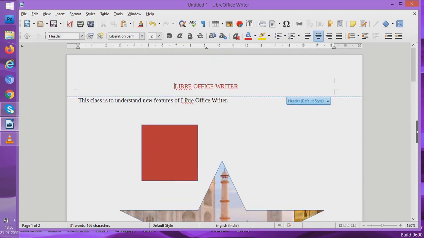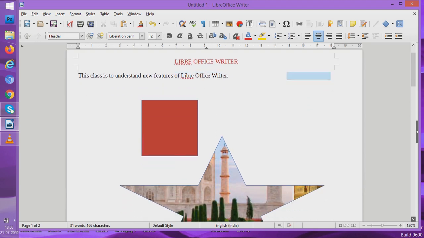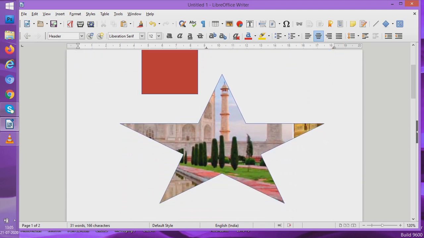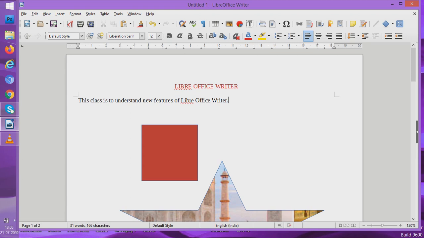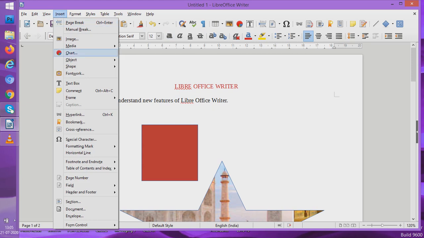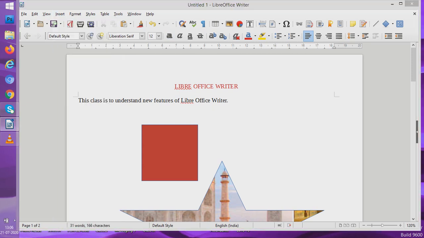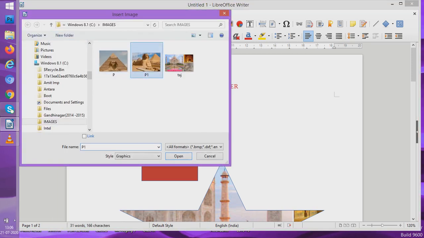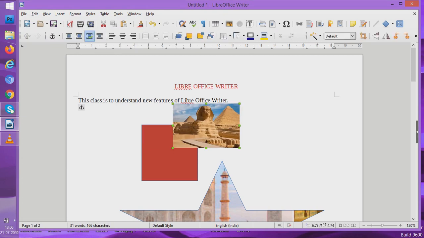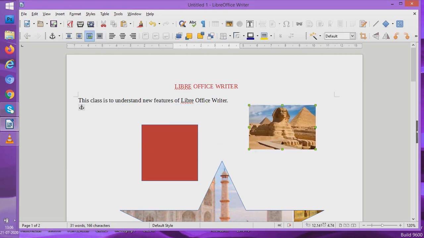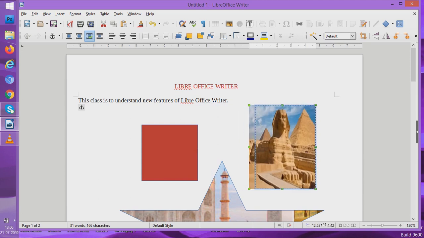Now see, it is here. Now I can put an image even within this star or outside directly on the page even. Images can be put directly outside on the page. Now how can we put the image directly outside on the page? I'll go to images again. I'll put something, say pyramid. Now the pyramid is here. So you can put images also. So students, you saw how we can put images. Now you have brought the image.